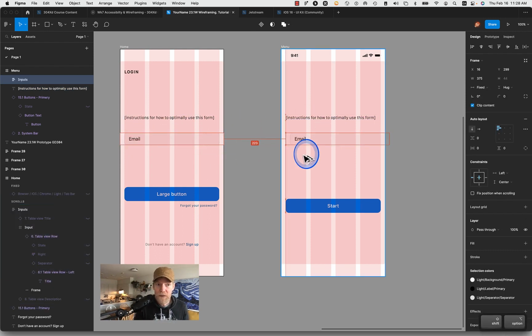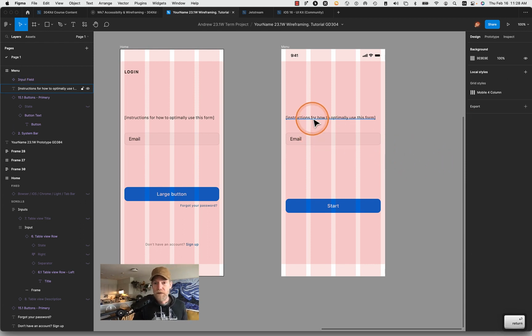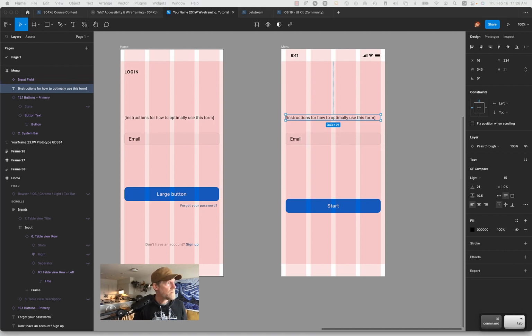So again, this is a component that I copied from the same library. I'm going to make this into a master component. I detach the instance, and I'm going to call this input field. If I go and I make these instructions longer, I would want this space to stay the same. So I'm going to go over here to good old